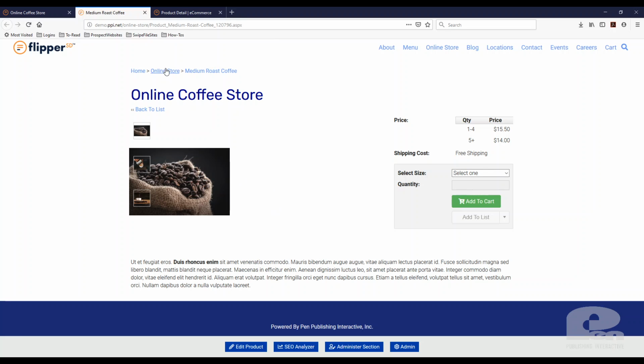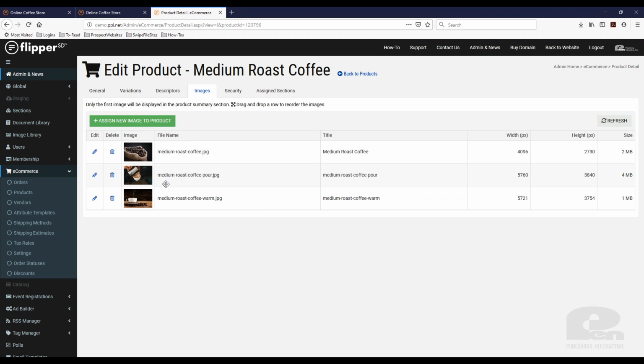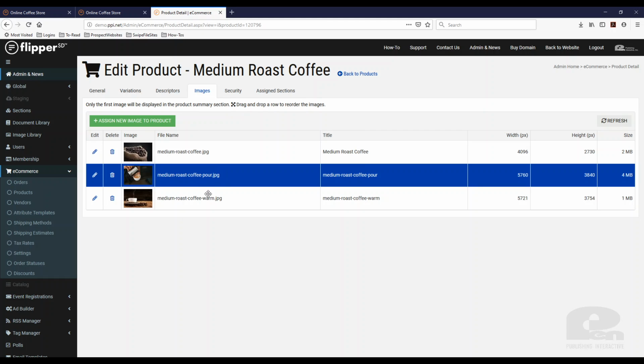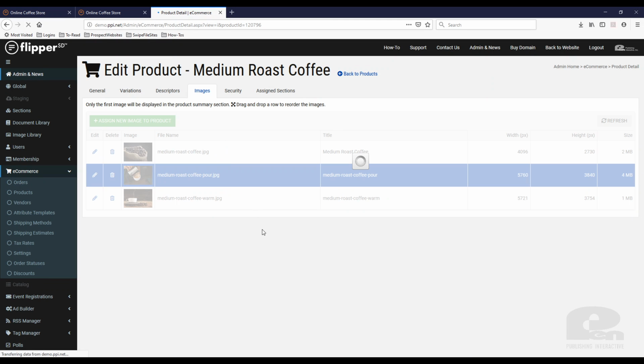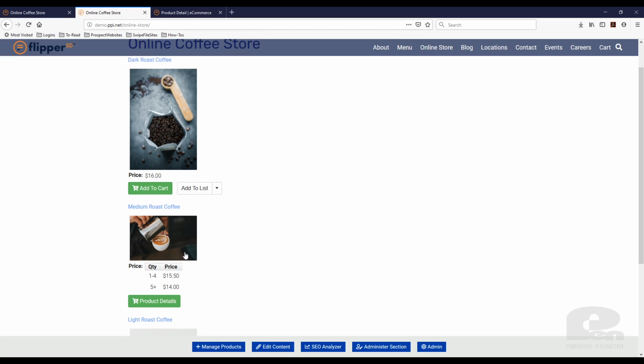Now, one thing that I want to point out, I'm going to go one step back. If you want to replace the featured image for a product, all you have to do is rearrange these however you want. So I want this one to be the featured image on my general online store. So I just dragged it up. Then I'm going to go back here. And as you can see right now, it's this picture. So once I reload,